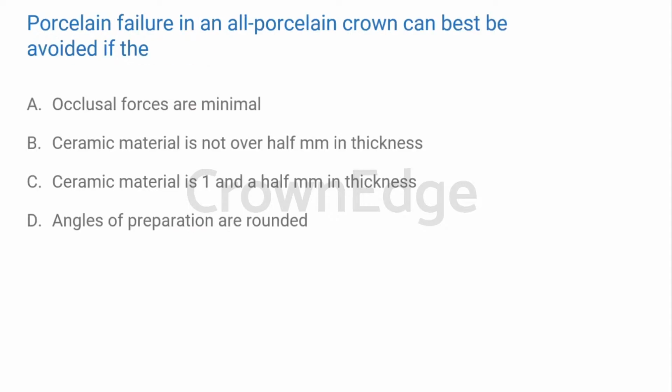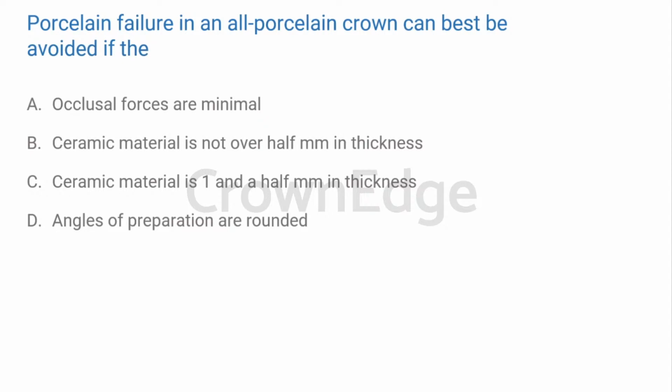Coming to the first question, with respect to porcelain failure in an all porcelain crown. The question goes: porcelain failure, how can it be best avoided in the case of your all porcelain crowns? Is it when the occlusal forces are minimal, when the ceramic material is not over half a millimeter in thickness, when the ceramic material is 1.5 millimeters in thickness, or when the angles of preparation are rounded? So ideally, when we answer a question like this,